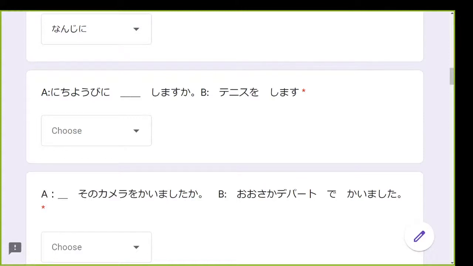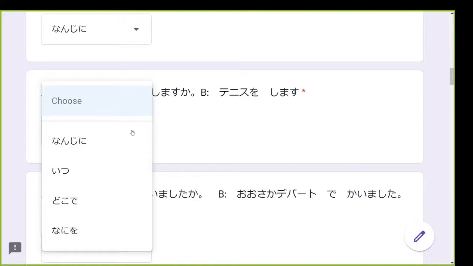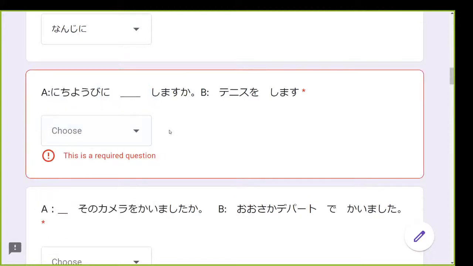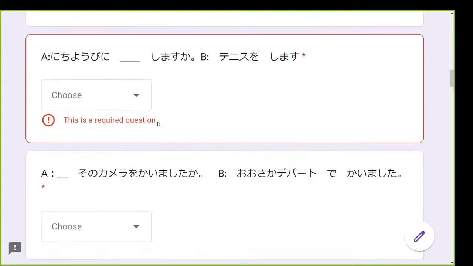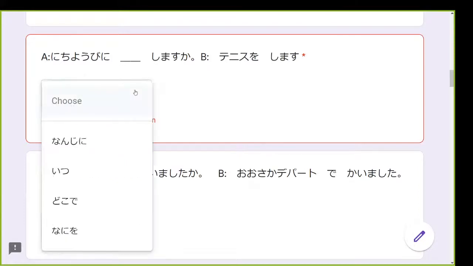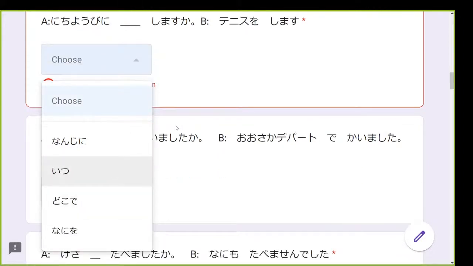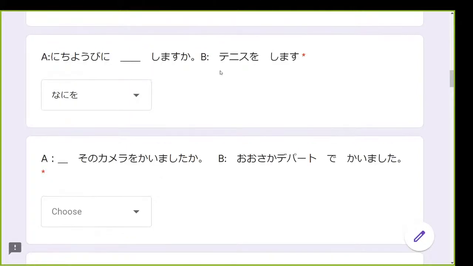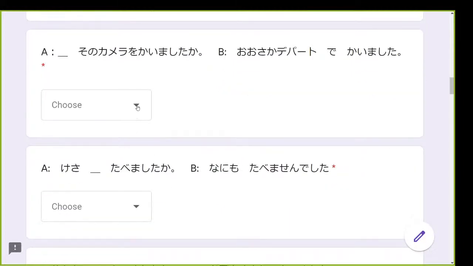日曜日に何をしますか？テニスをします。Okay, good. So what's our appropriate answer for that? Fill in the blank. Here are the choices. 何を、nani wo shimasu ka? Very good. On Sunday, what are you going to do? I will play tennis. はい、よくできました。次は、リーさん。